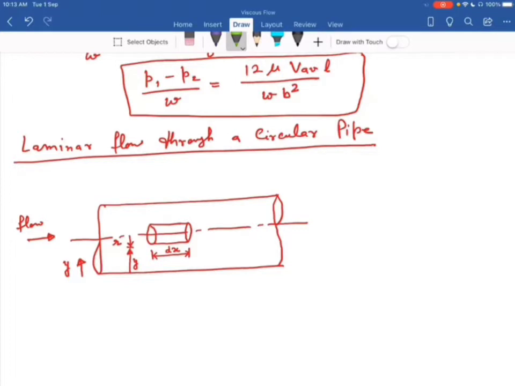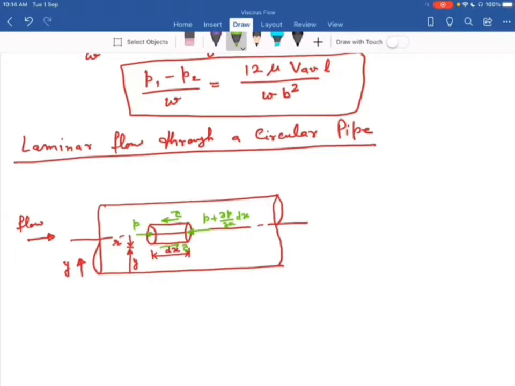For forces we consider the pressure force and the resistance force only. For pressure force you have to see the pressure intensities. So say here the pressure intensity is P. On this face the pressure intensity varies along the x-axis, so P plus ∂P/∂x dx. And along the surface of this pipe we have shear stress, that is tau. With the help of these two you can find the net pressure force acting on this element, as well as the resistance force acting on this element.